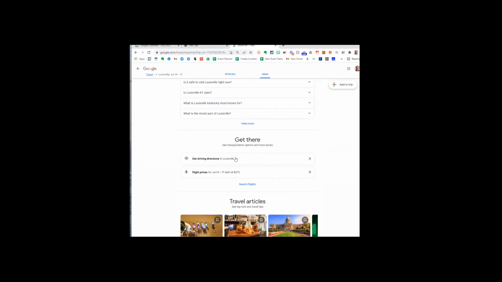And then as I scroll down, I have not yet made my flight reservation. So one of the things that's suggested right here, I could just click and get specific flight information for those particular dates. And if I wanted to drive this, I'm going to get driving directions from my house to Louisville. Now, once I make those flight reservations, if I do it from here or if I do it from anywhere,